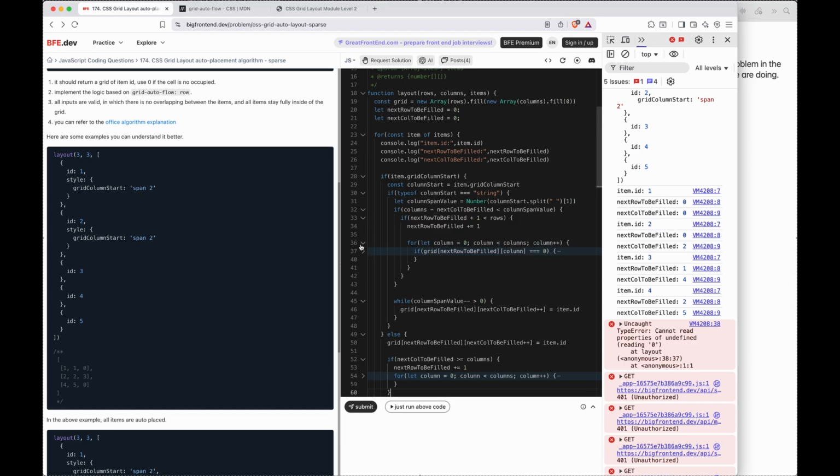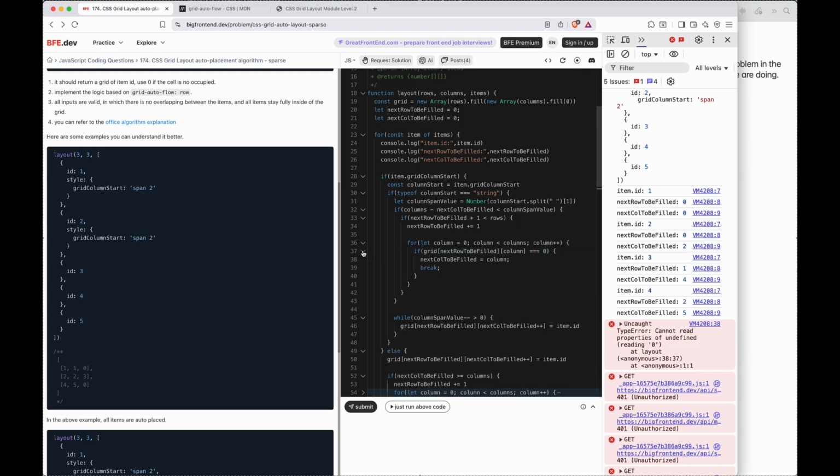And then it should come here, it should find the next row is 1, so 1 and 0 equals 0, meaning second row, first column,